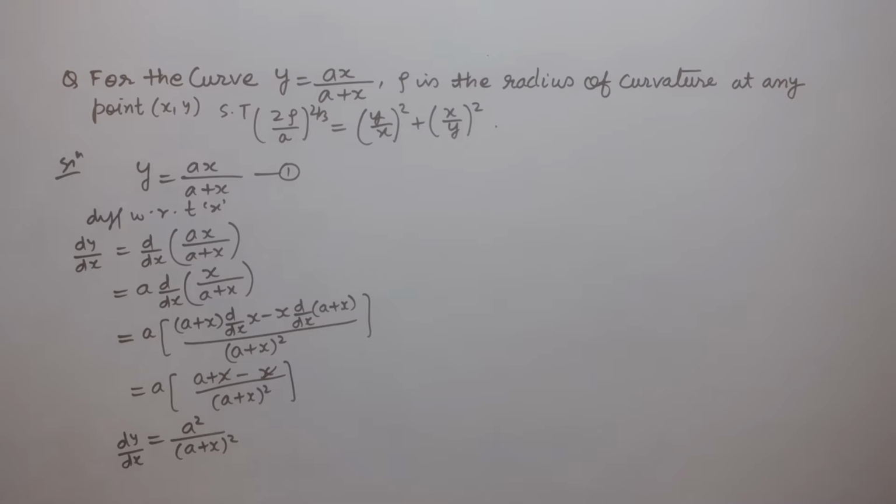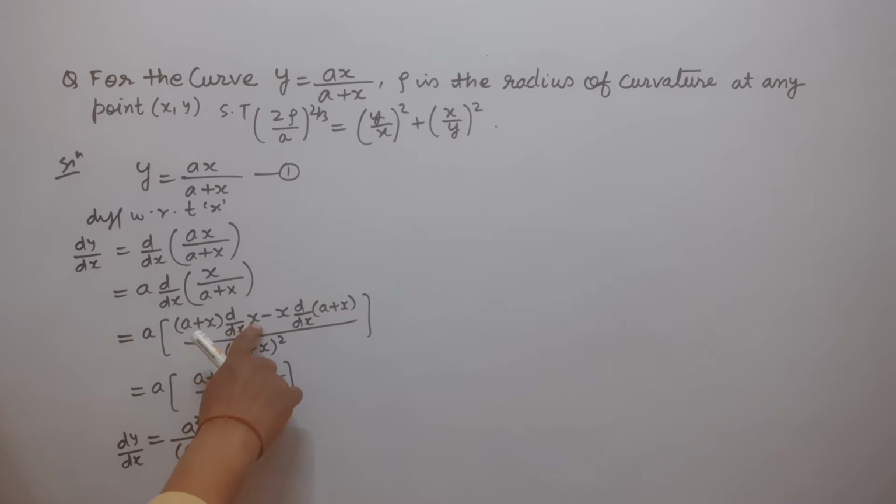So first we write here denominator, d by dx of numerator, minus numerator and d by dx of denominator, upon denominator square. So you can see in place of the denominator is a plus x, into d by dx of numerator that is x, minus numerator that is x, and d by dx of denominator that is a plus x, upon denominator square, a plus x whole square.